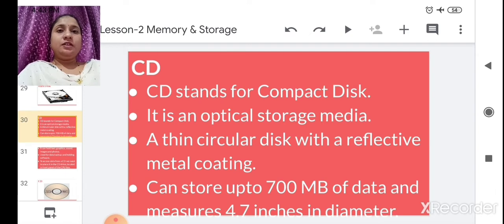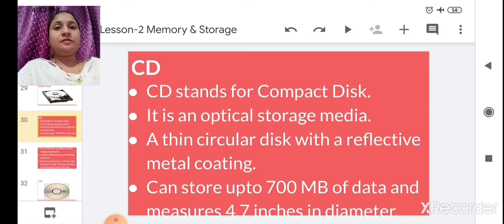You know, in your Hindi textbook, in first or second standard, on the back side of your book there is one CD. In that CD, what is there? Yes, images, pictures, some songs related to your chapter or your poems. In the same way, in this CD we can store data, information, images and photos. It is circular.